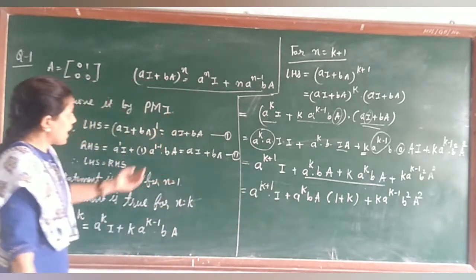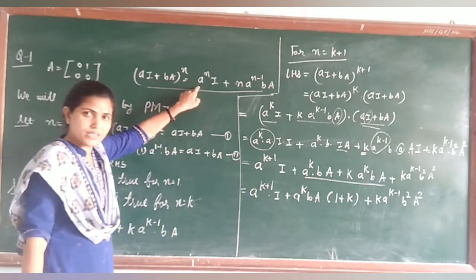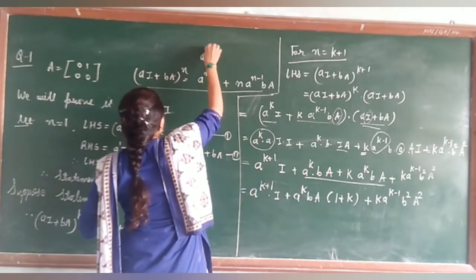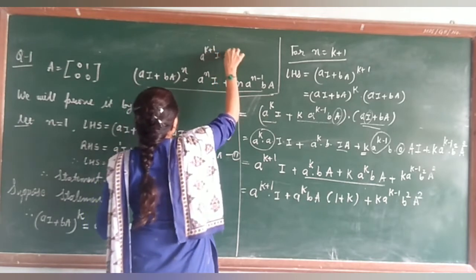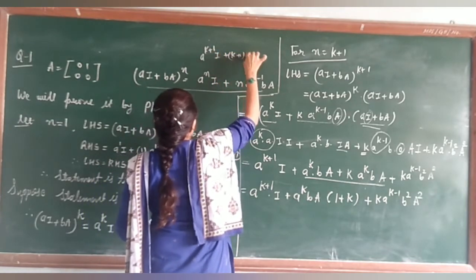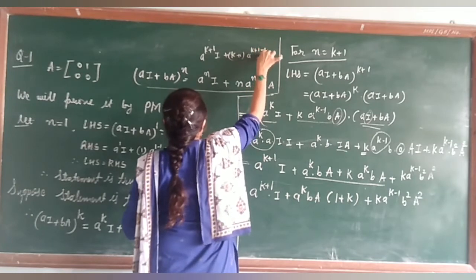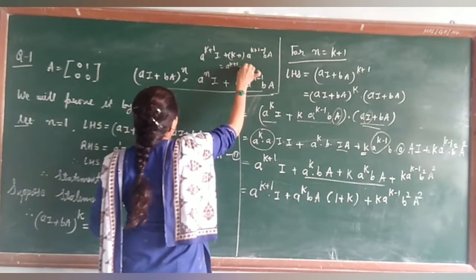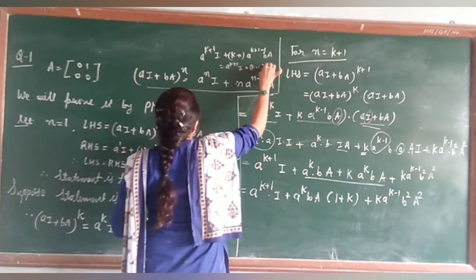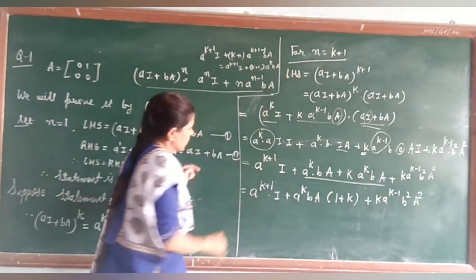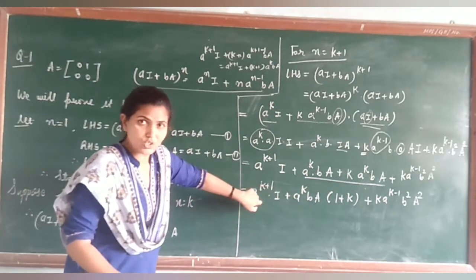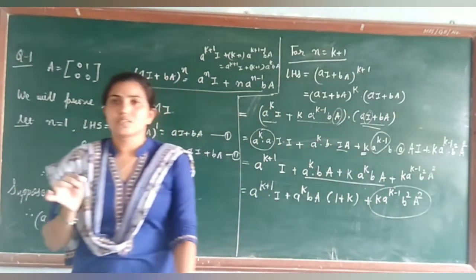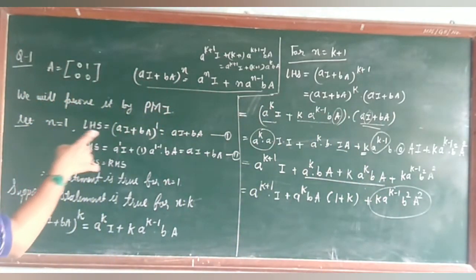Now you can see the RHS. अगर k plus 1 यहाँ रखा जाए तो आपकी RHS क्या होगी? Okay, so a raised to k plus 1 into I plus (k plus 1) a raised to k plus 1 minus 1 b into A. जब सिंप्लीफाई करके देखिए आप, so it is k plus 1 I, (k plus 1) a raised to k b A. तो आपने देखा ये दोनों स्टेप्स एक्चुअली सेम हैं, बस डिफरेंस क्या रहा? लास्ट स्टेप, that step is extra for us.